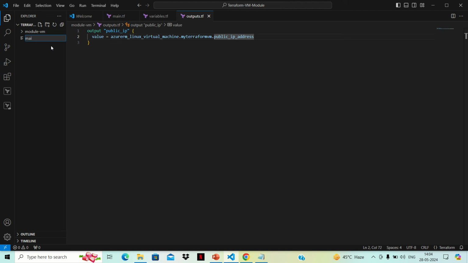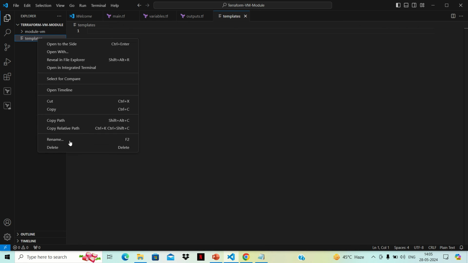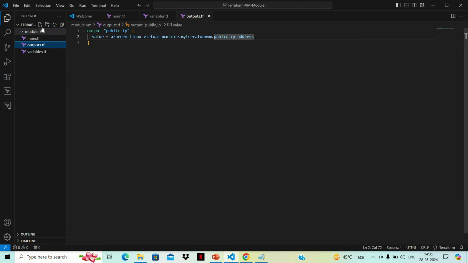So let's create that folder, and inside this folder, oh sorry, this is a file, so let me delete this file. Let's create this folder, and now create one more folder outside the module folder, which is templates, or any name you can take here. And inside this folder, now we'll again create files. So one file will be main.tf,